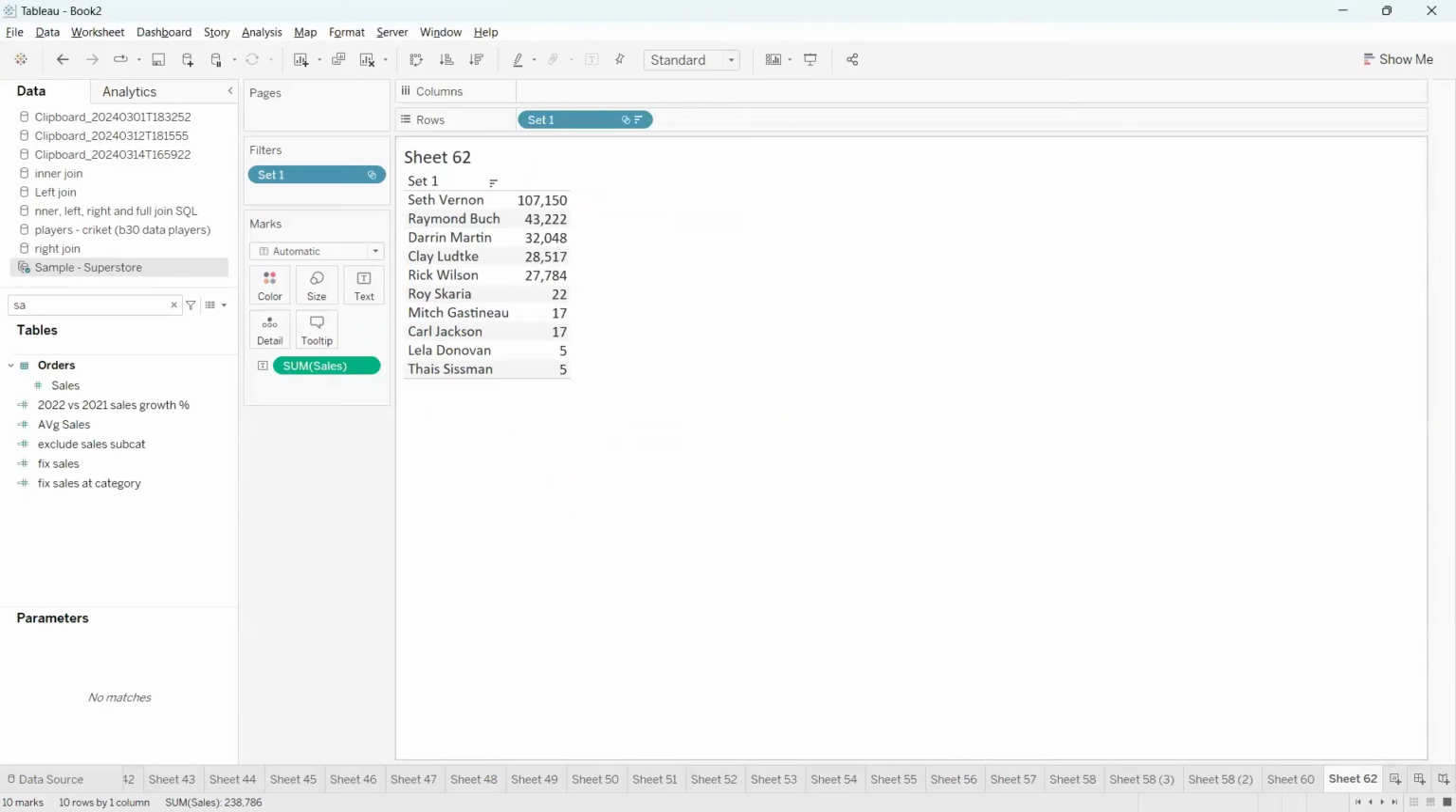Now in real time, there will be one more requirement here. They want to display top five customers in a green color and the remaining bottom five customers in a red color. So for this, what I will do is